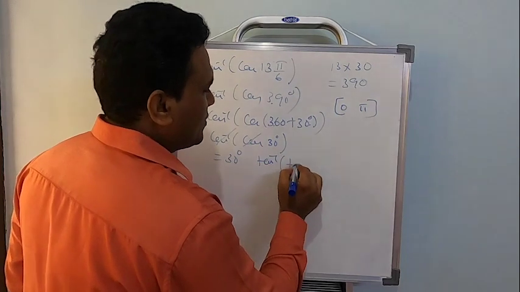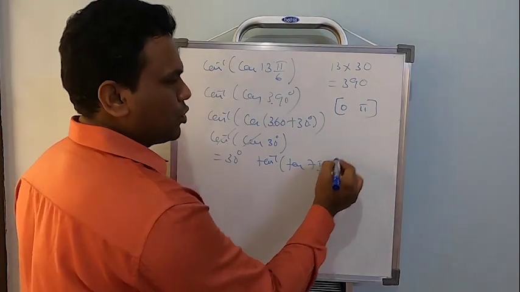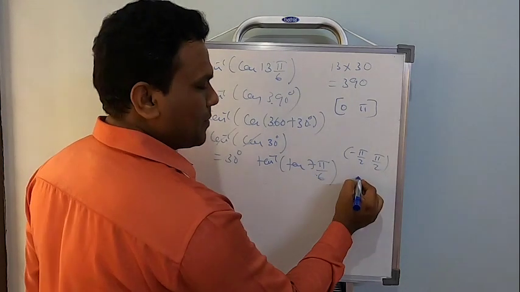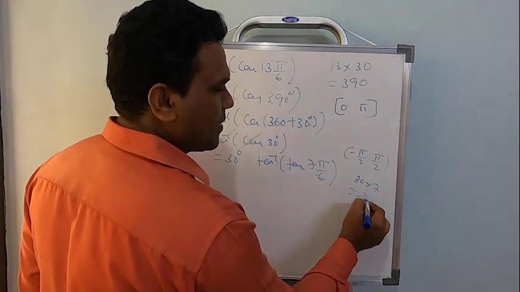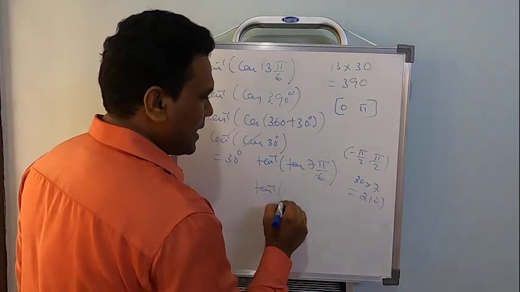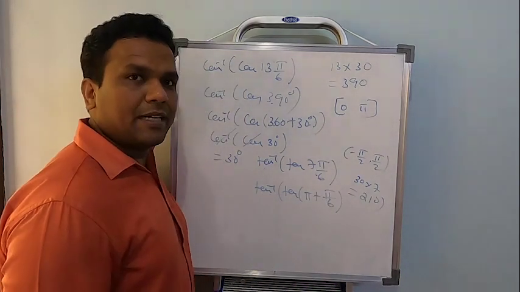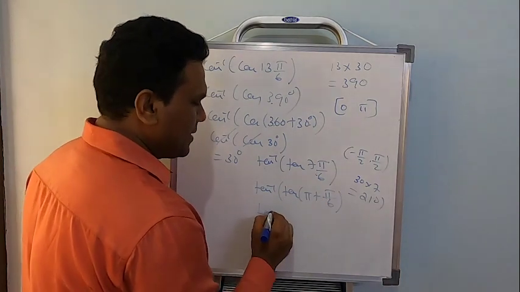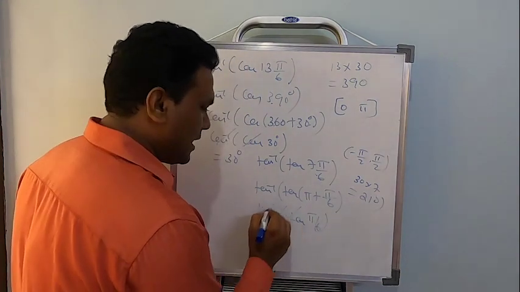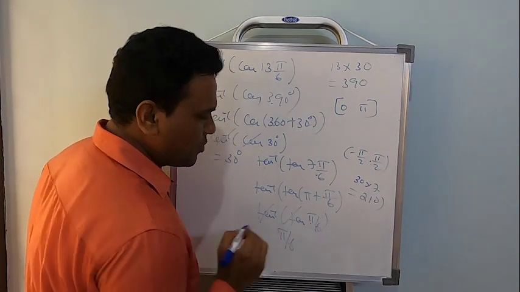The next problem is tan inverse tan 7 pi by 6. Now this should be the open interval minus pi by 2 to pi by 2, right? Now how much is pi by 6? Pi by 6 is going to be 30. 30 multiplied by 7 is 210, more than this. So reduce it. This can be written as tan inverse tan of pi plus pi by 6, 180 plus theta. Now tan of 180 plus theta lies in the third quadrant. Tan will be positive. So tan pi by 6. You can eliminate this because pi by 6 is an angle between minus pi by 2 and plus pi by 2. So the answer is going to be pi by 6.